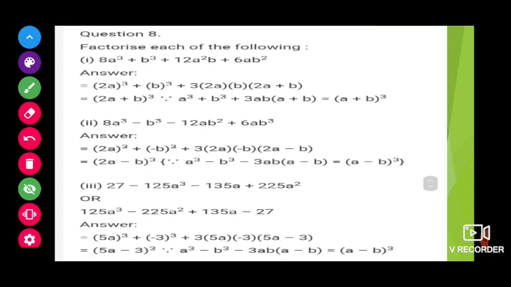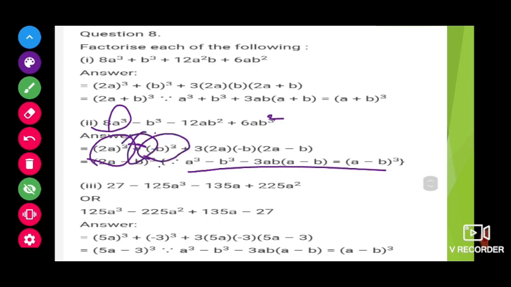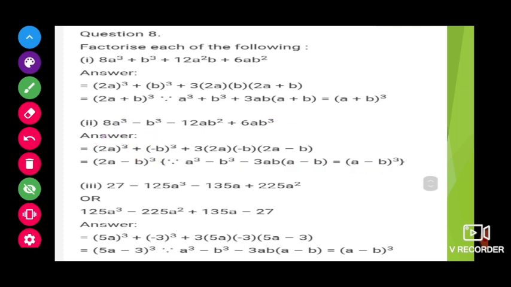Here it is b square only, children, not b cube, by mistake. Now in the same way, this also we have to convert in the form of a cube plus b cube plus 3ab, or minus 3ab, based on the formula. Now first, a cube means (2a) cube, and b cube, here you can take minus b cube or else (minus b) whole cube. Either way you will get minus only in the middle. If I am converting into minus, then I will take b as minus b. In the place of all b's, we will take minus b. That's it here.